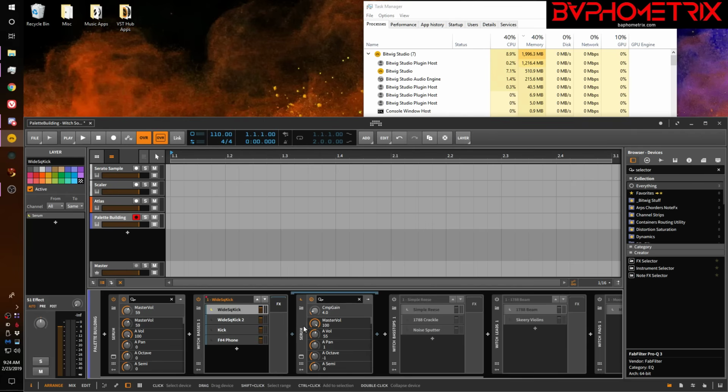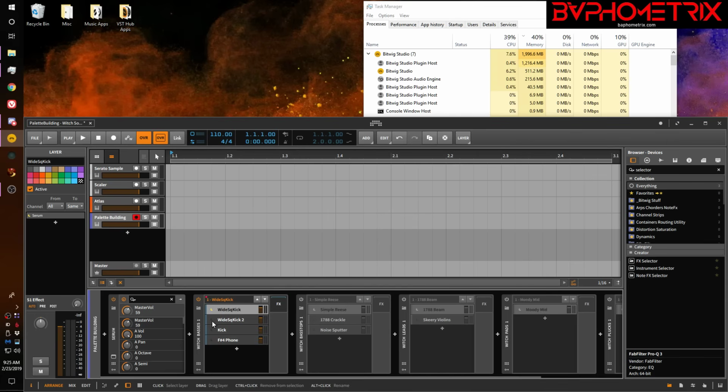This particular instrument layer has Serum in this channel. It's got Serum in this channel, Serum in this channel, Serum in this channel, but they could be completely different synths from completely different vendors. And the idea is that I'm using the instrument selector to build these pre-built palettes of similar sounds, like useful types of sounds. As you can see here,